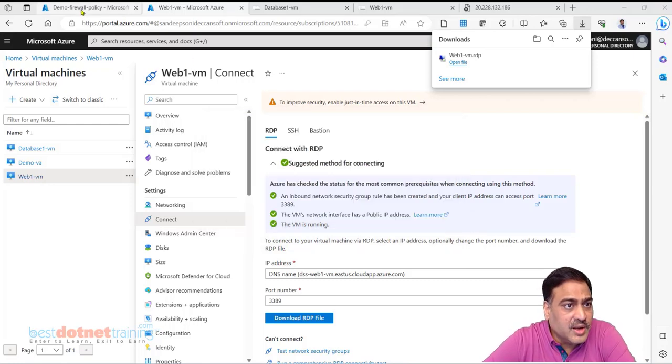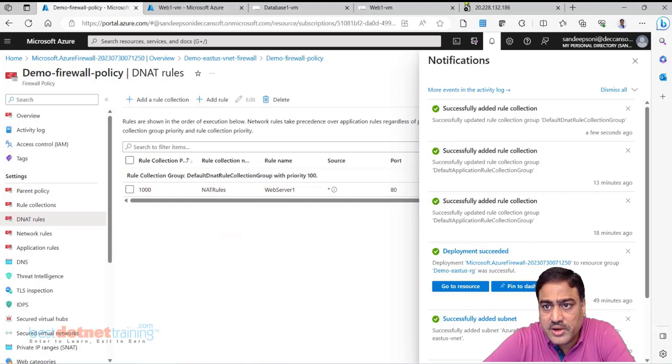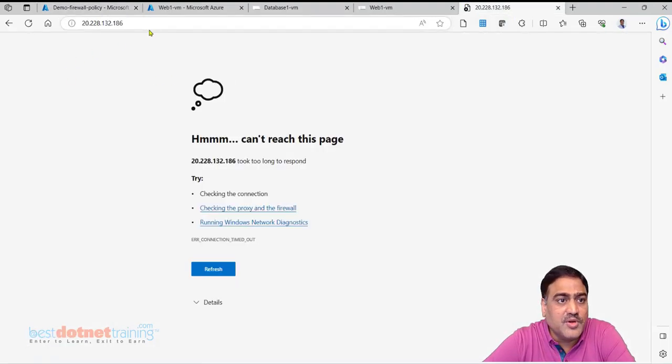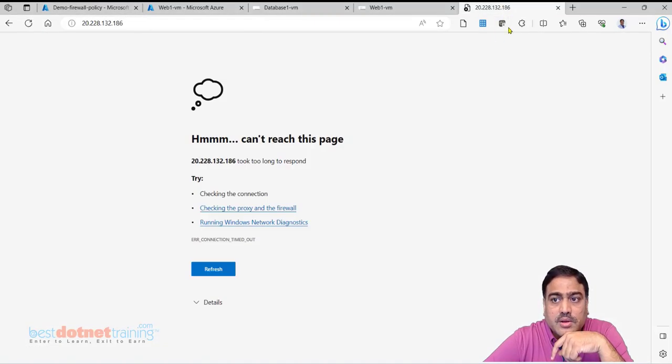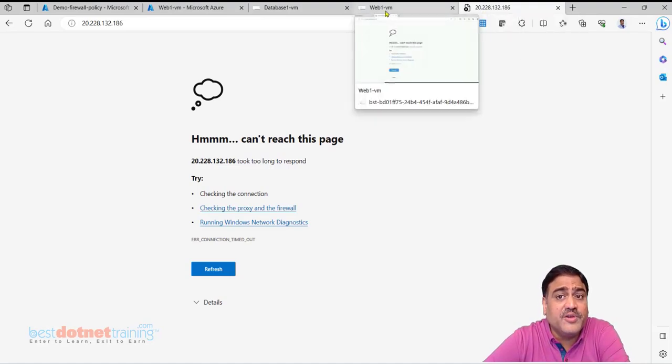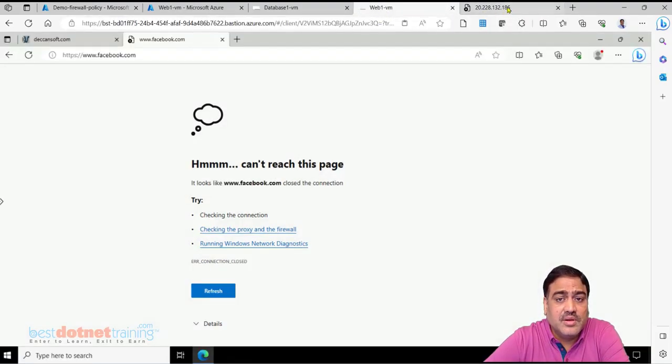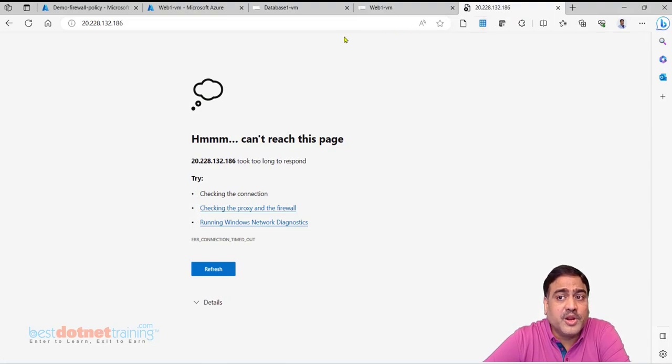We'll solve one at a time. Now let's go back and check, is this rule created? Yes. Now can we browse? Not working. Why not working? I'm sending the request now to the public IP address of the Web1 VM. No, we are not supposed to send the request to the Web1 VM.